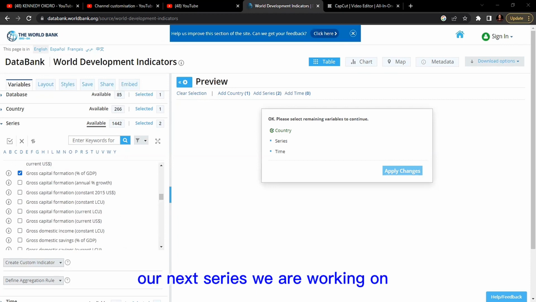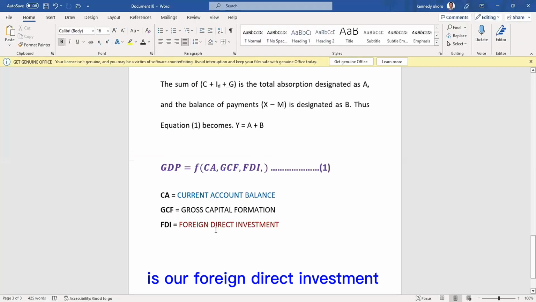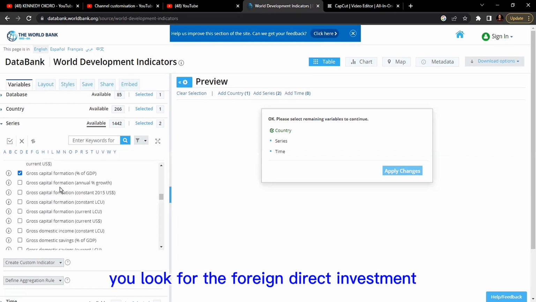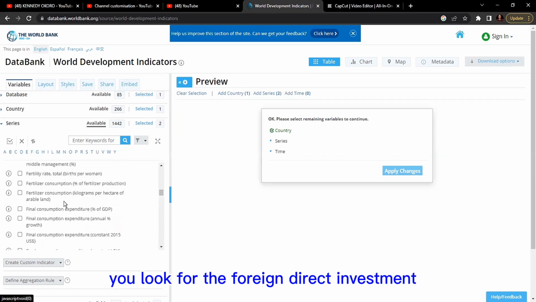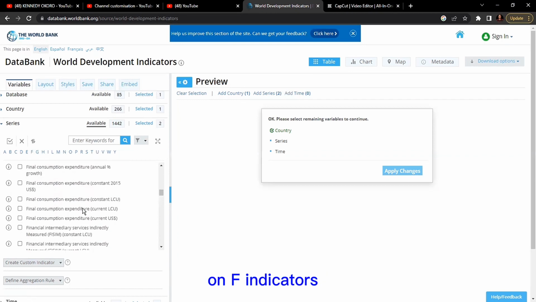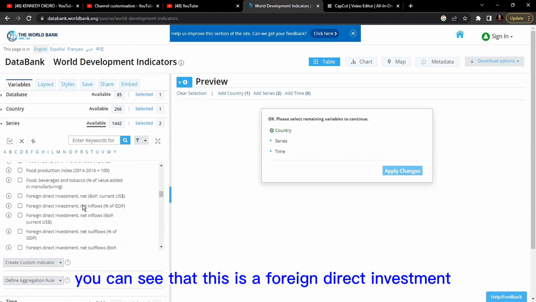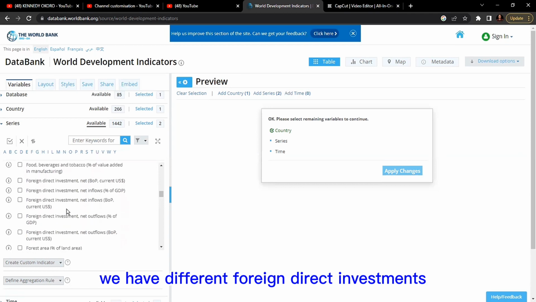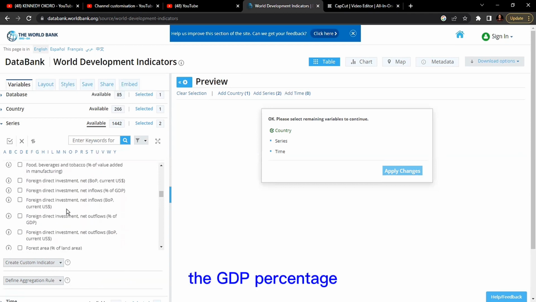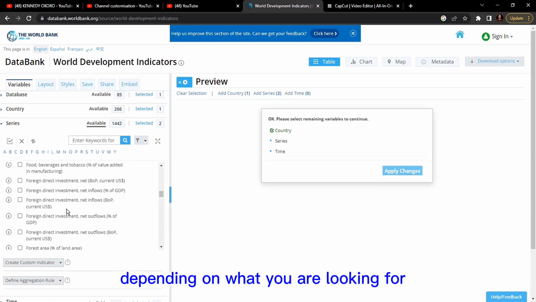Our next series we are working on is foreign direct investment. And also, going to the database, you look for the foreign direct investment in the indicators. There is no challenge on this aspect. You can see that this is foreign direct investment. We have different foreign direct investments: the GDP percentage, the net flow, depending on your research survey,